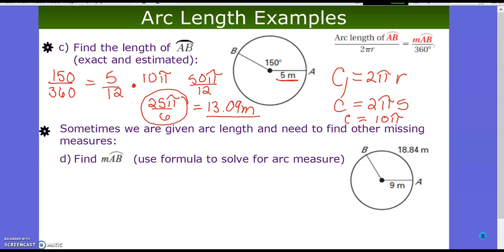Sometimes we're given arc length and we need to find other missing measures. For example, it says find the measure of arc AB. What they gave me was the arc length. So I'm going to have to reverse engineer this. So let's see. We know that my arc measure is equal to a portion of the circle. I'm going to start off with looking at